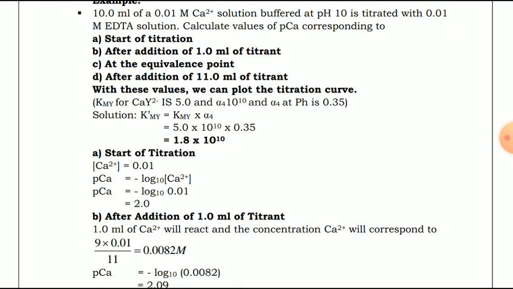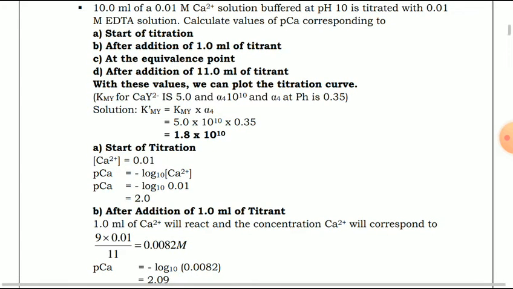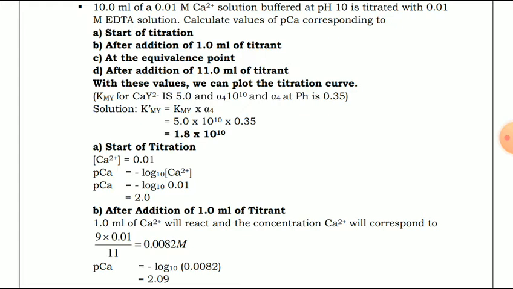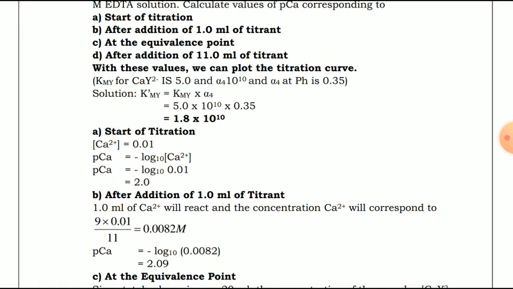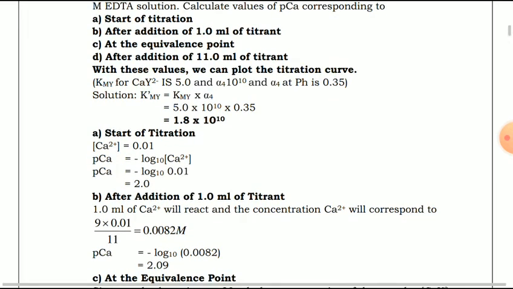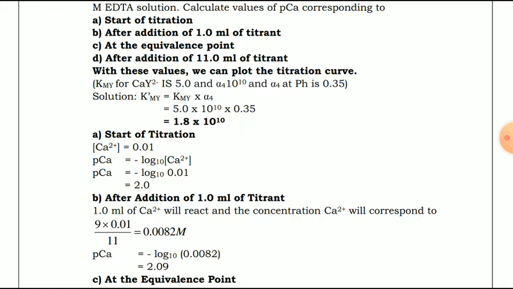Then pCa, that is the potential of the calcium ion, is equal to minus log of the concentration of calcium 2+ ion, that is 0.0082. We will get the value of minus log 0.0082 as 2.09. Now at the equivalence point, we have taken 10 ml